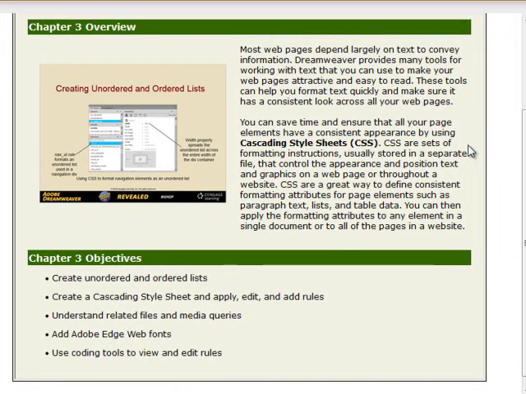So I suggest that maybe you break this video up, take maybe 2 or 3 sections out of Chapter 3 at a time, and then just use the video to help guide you through that. So I'm going to start on